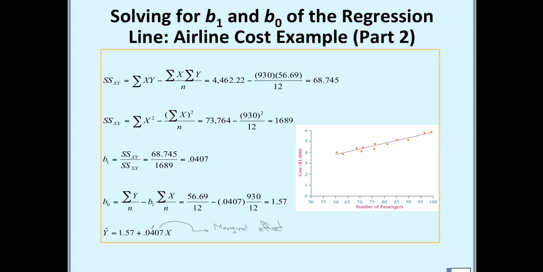For instance, it means the cost of having an extra passenger is, remember we have to multiply that by 1,000, $40.70. So every additional customer on average would cost us